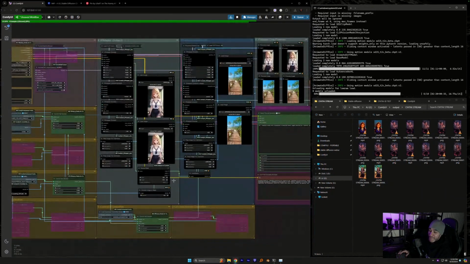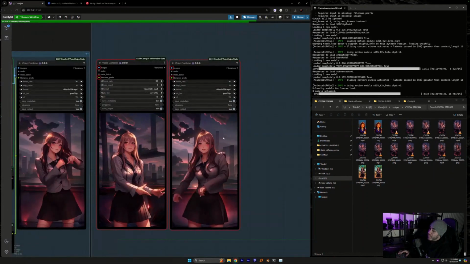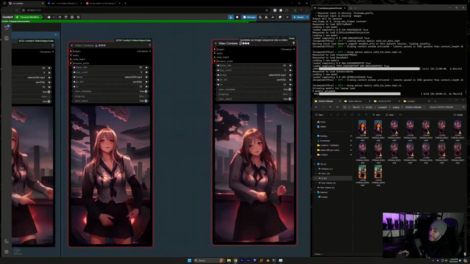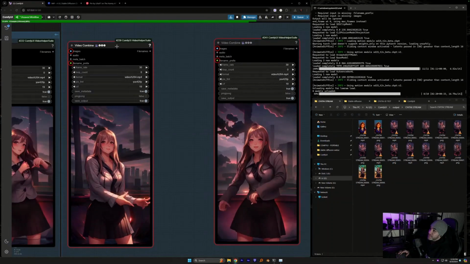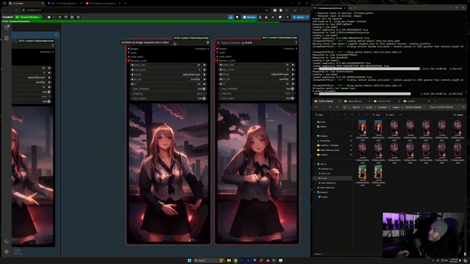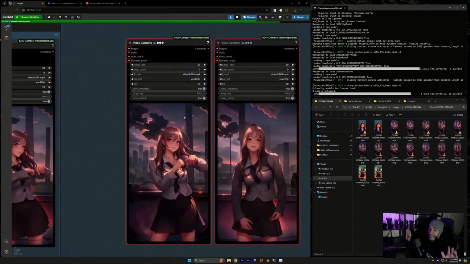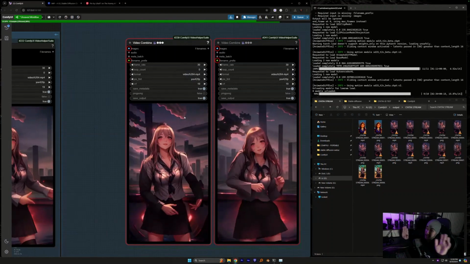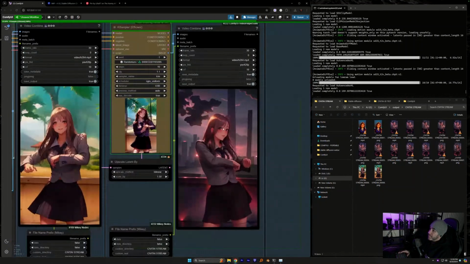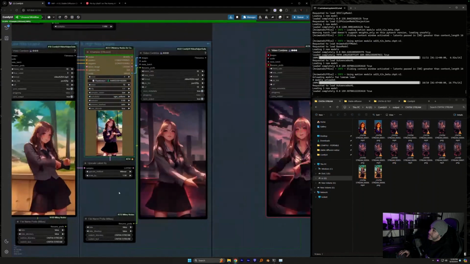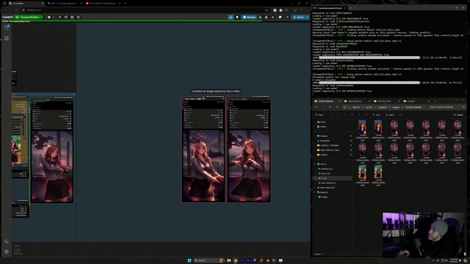Let's have some fun and see how hard we can push this. For reference, this first one that I ran when I was testing it earlier was using depth and OpenPose. This one is using depth and line art. And you can see that because in the original video the trees in the background are kind of shifting behind her, this one is grabbing onto the background a little bit better. But let's see what the upscaled beach one looks like, and then we will start to run some other tests.